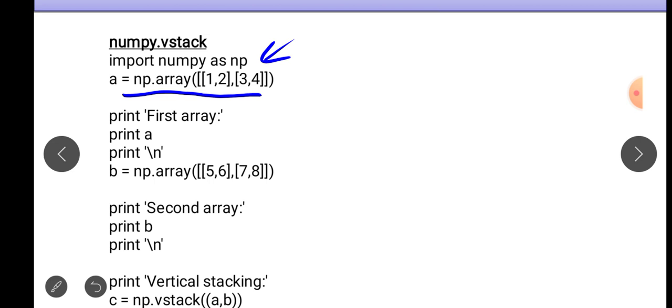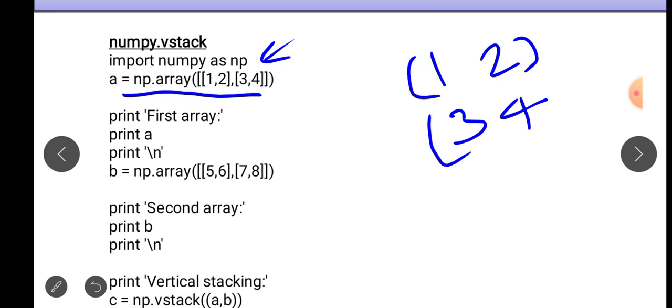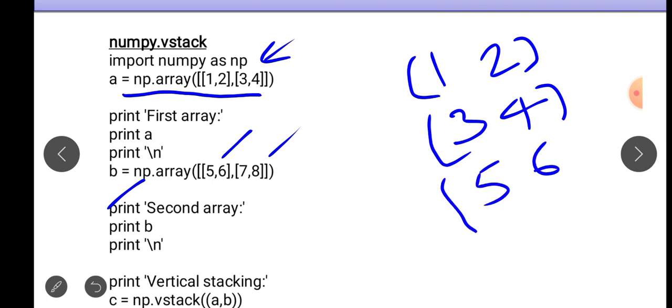Name of the array is a, and its elements are 1 2 3 4. Then second array b, and elements of this array are 5 6 7 8. This is array b, and